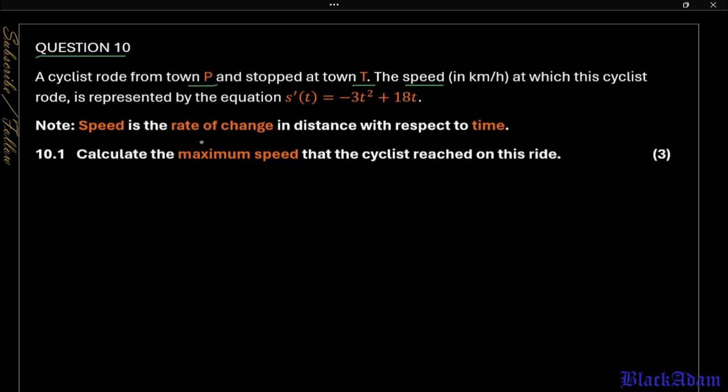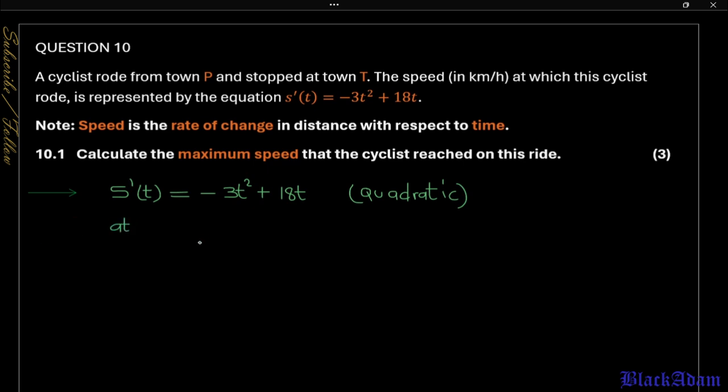Welcome to application of calculus, and that's question 10. We have the equation of the speed, the rate of change with time given in t. We have s prime t, whereby the equation is minus t squared plus 18t, and that is our quadratic equation. They say they need the maximum speed. So at max,